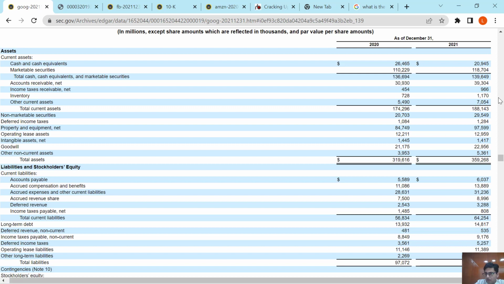the business. Because even if all these liabilities came on a single day, for example, let's say all the accounts payable of Google came and said, I need my cash, I need you to pay me right now, Google can very easily make that payment because Google has so much cash on its balance sheet, almost $140 billion. So it is very important after looking at the balance sheet in terms of current assets and long-term assets